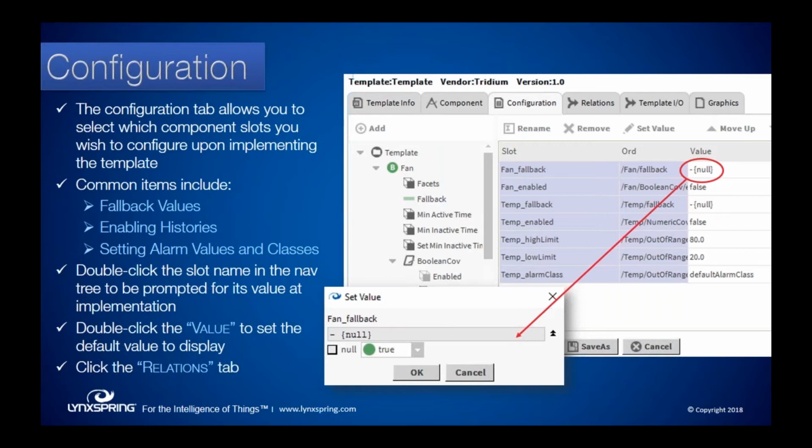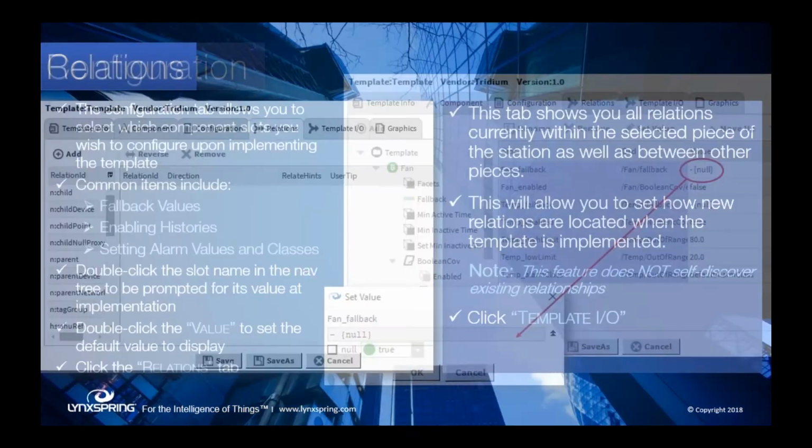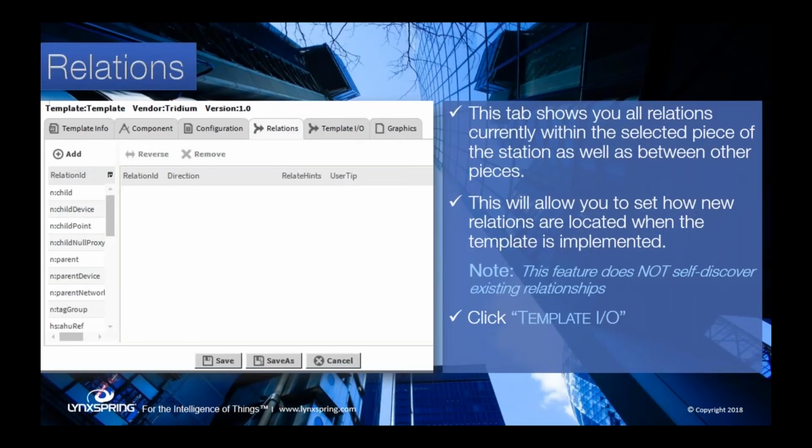Our next tab is our Relations tab. For most of the currently deployed versions of Niagara 4, this tab is really not ready for use. What this should do is if you have custom relationships set up within your station, say you've got it configured so your station knows this floor is associated with this building and this utility room is associated with this floor. The idea behind the Relations tab is it will grab those relations, or you could create new relations here. So you'll notice we have our Haystack ref, and we could create those here.